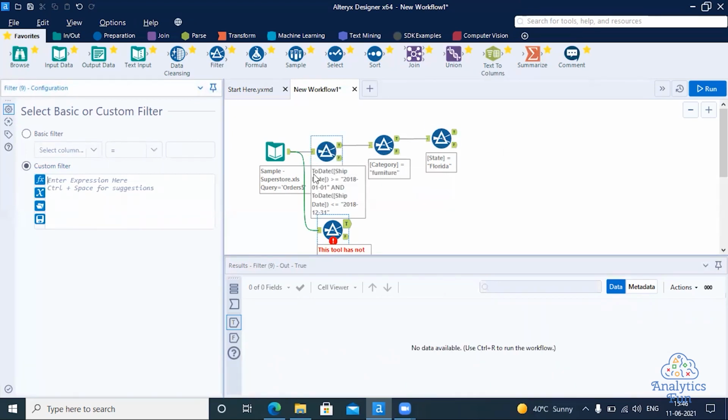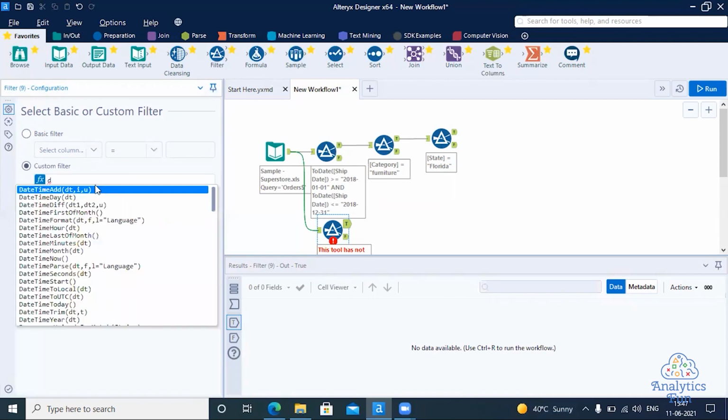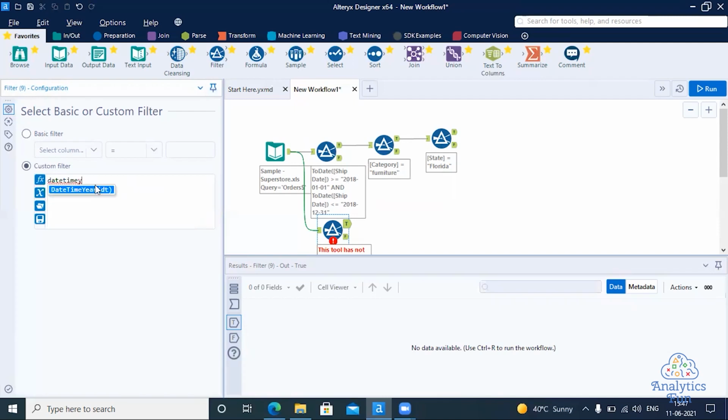You can see the ship date is greater than or equal to 2018, that is 1st January 2018, and less than or equal to 31st December. But instead of that, we can directly use a year function. The name of the function is DateTimeYear, and we can pass ship date.